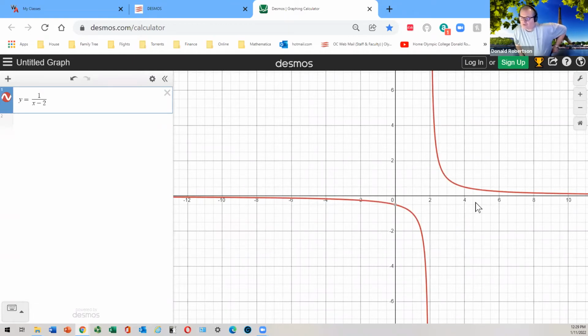So I guess the moral of this story is that if you've got questions like this one in your homework, maybe you should look at the picture of it in Desmos, because it might help you to answer them. If you just look at the function as we did a few minutes ago, isn't it a little bit harder to tell what's going on when all you can see is 1 over x minus 2, right? You can't really visualize that, at least I can.